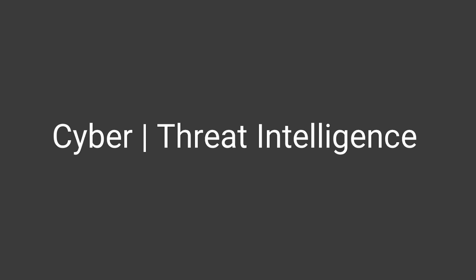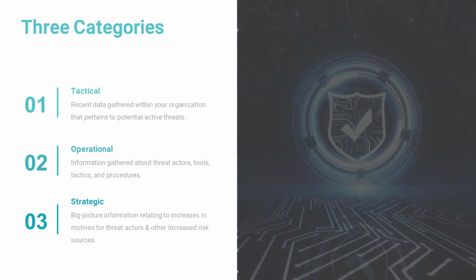Put another way, cyber threat intelligence is learning about people that want to cause harm and using that knowledge to try to prevent that harm. As such, if you have something that interfaces with cyberspace that you want to protect the confidentiality, integrity, or availability of, you have a need for cyber threat intelligence. The industry standard for categorizing cyber threat intelligence divides into three primary groups: tactical, operational, and strategic. These are listed in order of the size of the relative spheres they pertain to.